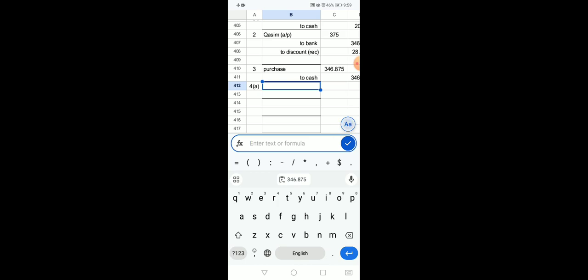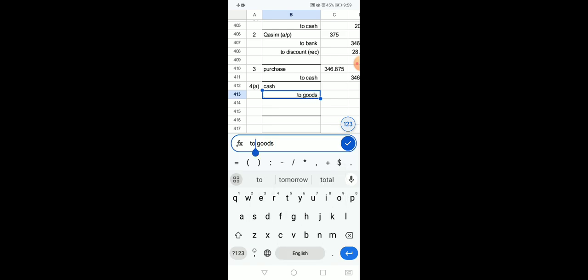When you are selling goods and you are receiving cash, your cash in hand would be increased. Cash in hand is your asset, meaning asset is increasing. Increase in asset should be debited, so you will name cash on the debit side. Now you are selling goods, it means goods are going out. Goods are your asset. Asset is decreasing. Decrease in asset should be mentioned on the credit side, so you were supposed to write goods over